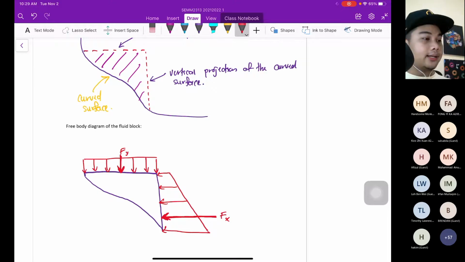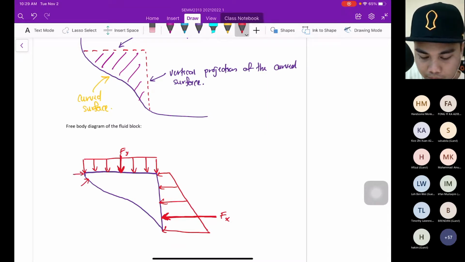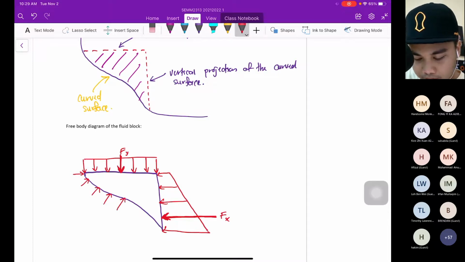Excellent. And definitely we have the force here. You can see it's difficult. We have all the force component